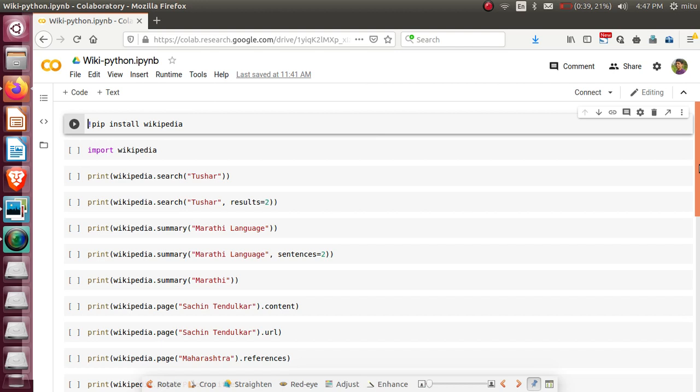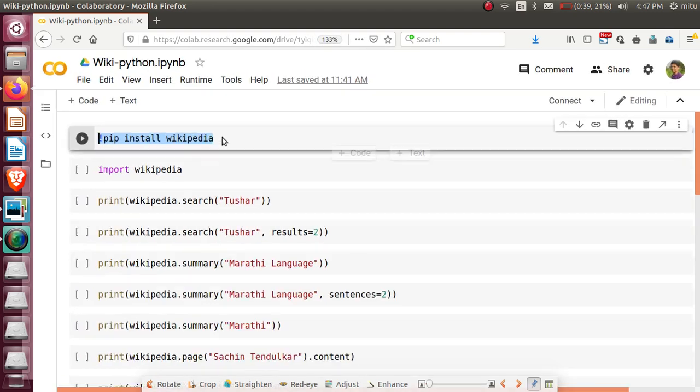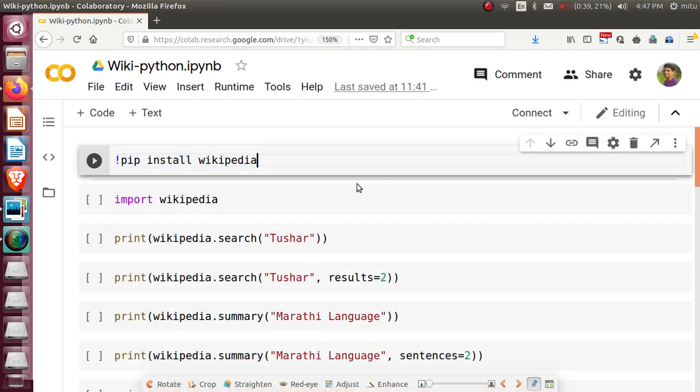First, you need to install the Wikipedia package of Python. You can download it from pip by using this statement, pip install wikipedia. Wikipedia is the name of the package available in pip. With this we can install Wikipedia. In Linux we can use pip3, or in Windows also, Anaconda also. The package name is common, so you can choose any way to install the Wikipedia package on your system.